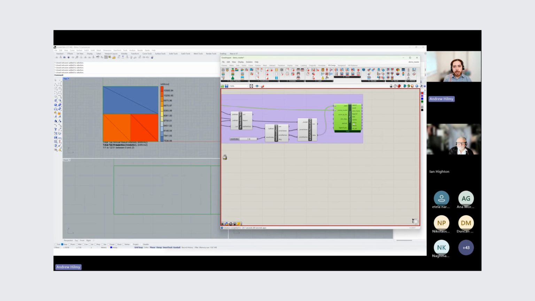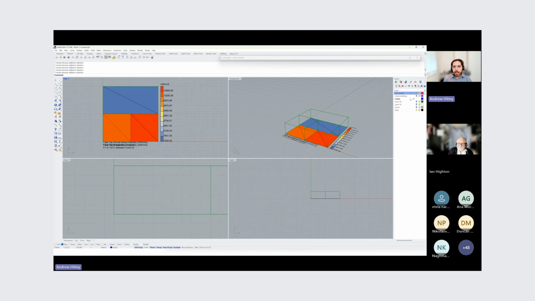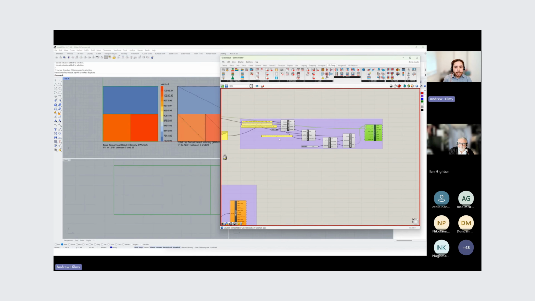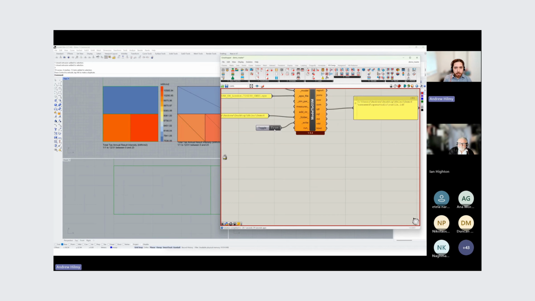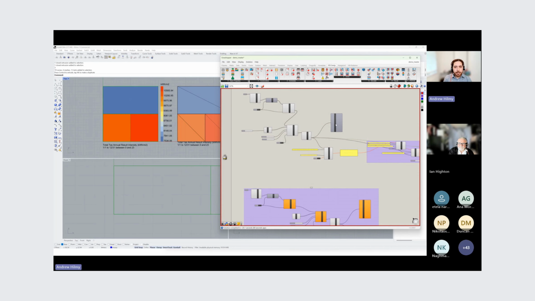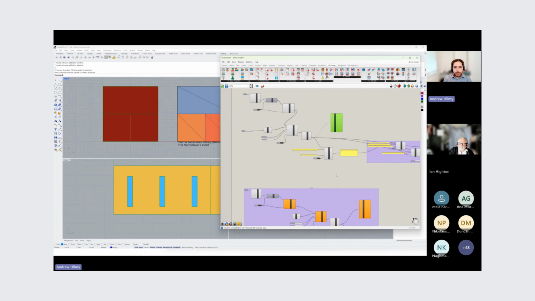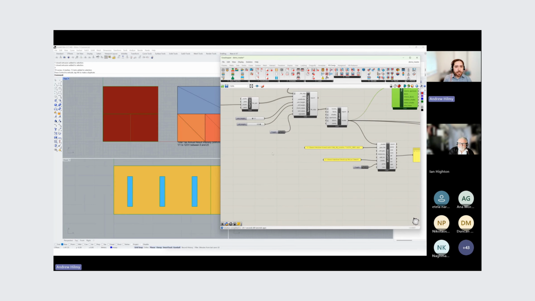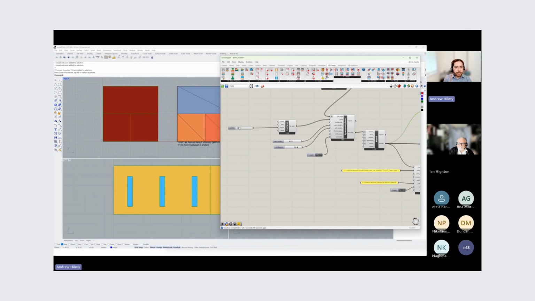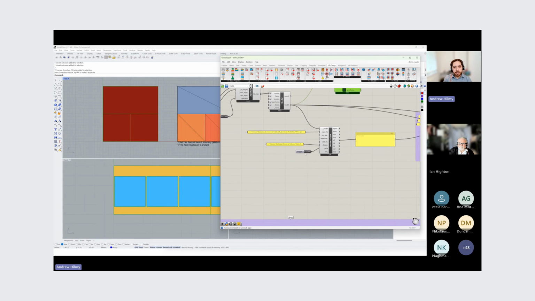So what I'm going to do now is I'm just going to bake this geometry quickly. There's probably a better way of doing this, but I'm just going to bake this quickly, and then I'm going to move it over there. There we go. And then I can turn that pathway off and turn the visualization back on and unlock the solver. And then I can change something. So say, for example, we change the openable area of the windows. We make the windows much bigger. And then if I run this again,